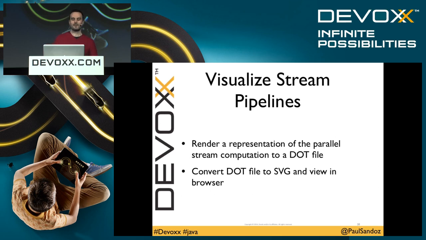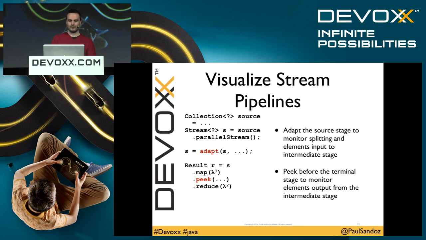I can convert that dot file to SVG and view it in a browser. The code is online. You can actually look at how I've done this. So what we can do is have a collection source, convert it to a parallel stream, and adapt that stage to monitor the splitting of the elements and the intermediate stage, and then we can